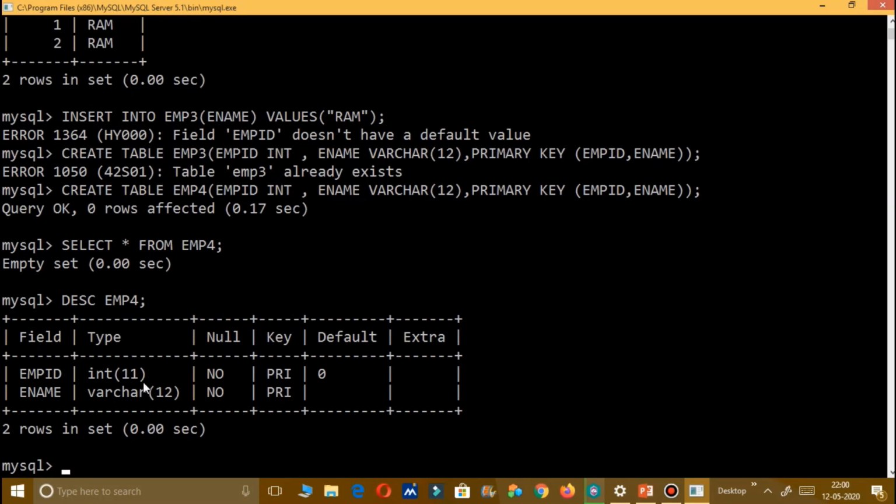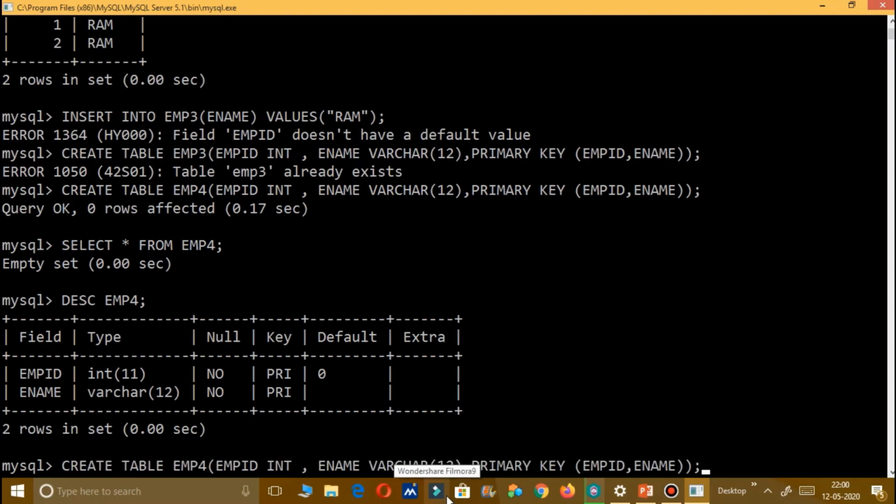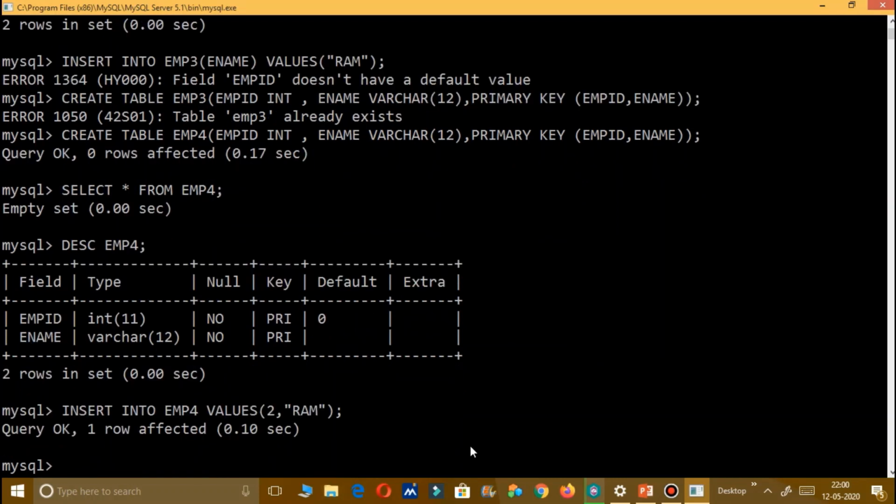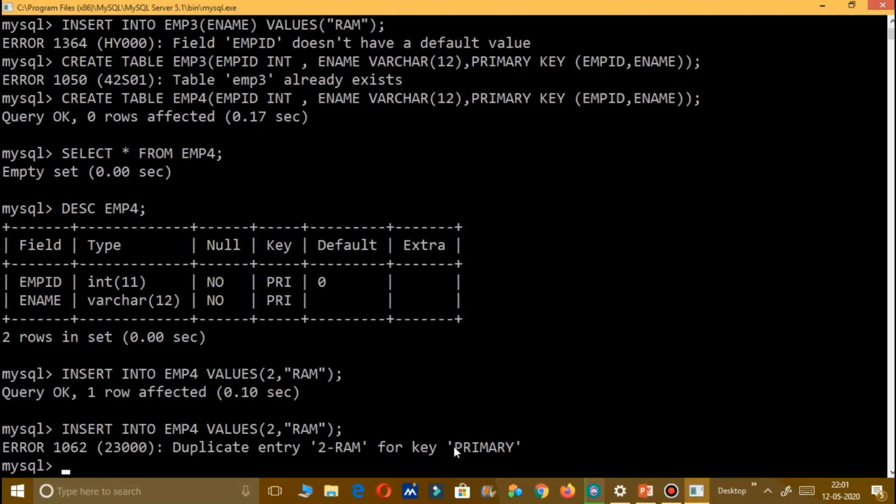Now you cannot leave any one column blank because the two are under the same category. If you want to see again, I cannot duplicate the data in both. This will not be allowed. See? Okay, so I'll make changes here. This has been inserted. Again, if I want to insert the similar value, it will not allow me. Why? Because both together are the same repeated data.